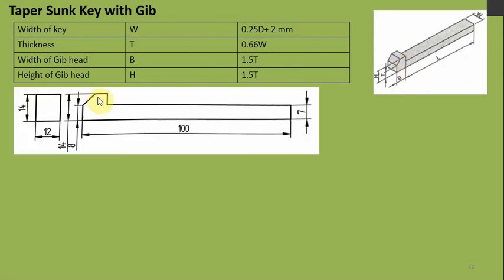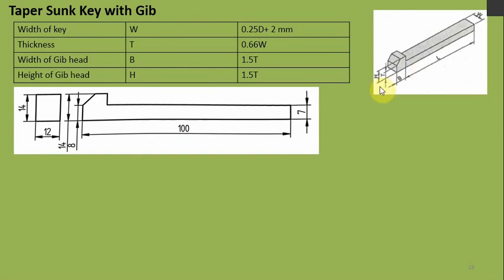So this is the head 1.5 t, and if you take the side view, one more line will be added here, so you draw it appropriately. 1.5 t is 14 mm. In the reference figure, some small mistakes are here. One is this 100 mm should be from this point to this point as per this figure.